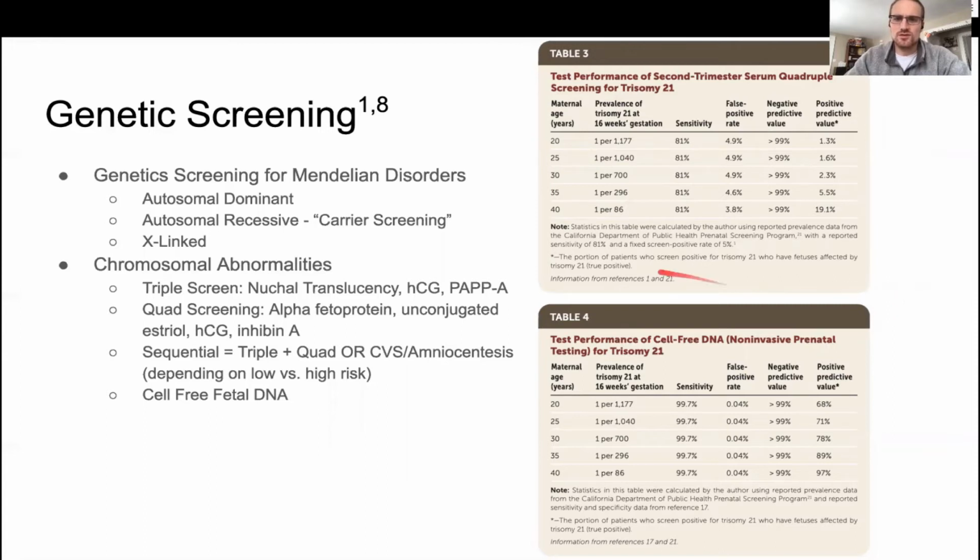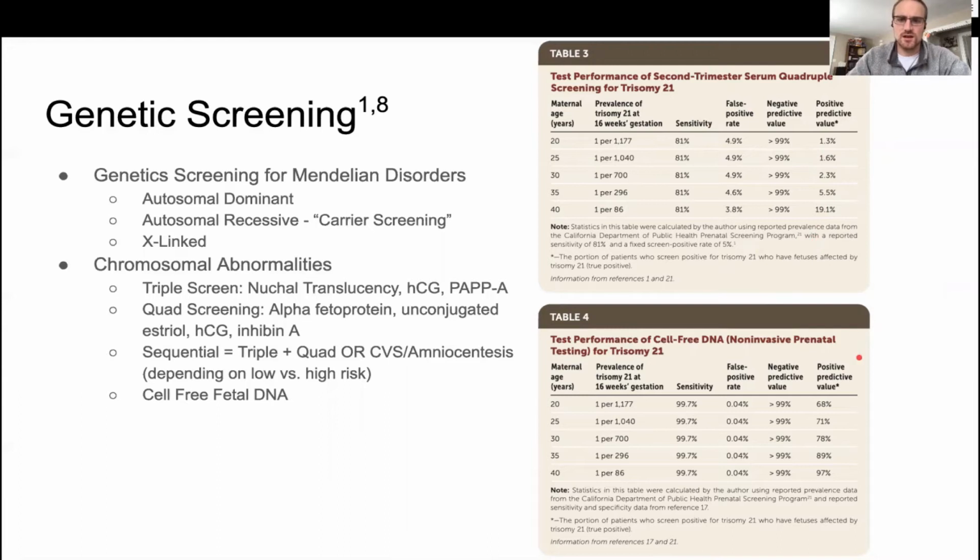But as you can see here with these two tables, the maternal age in years definitely changes the positive predictive value of a test. It doesn't have much effect on the negative predictive value. And so if you have a positive quadruple screening test in a 20-year-old, the likelihood of that actually indicating trisomy 21 or another aneuploidy event is pretty low. It's more likely to be an abnormal test than an abnormal finding. And with such low positive predictive values, these were commonly followed up with either CVS or amniocentesis to confirm for the